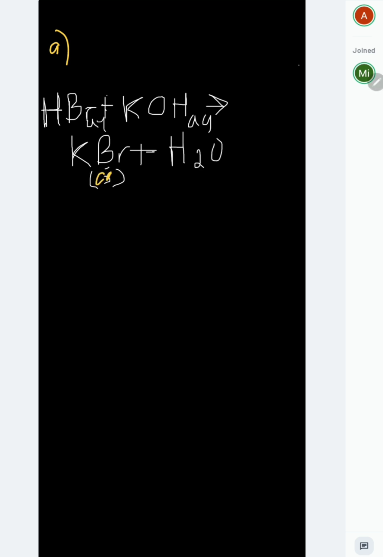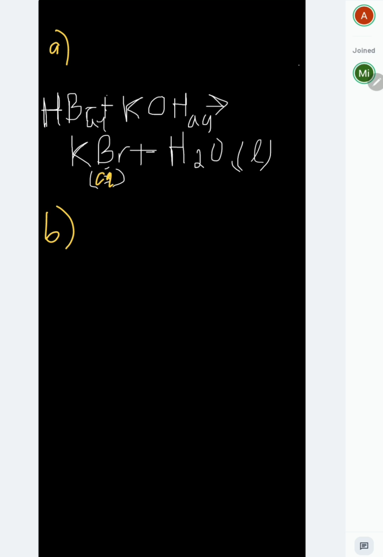No, this is aqueous potassium bromide. I think it's still aqueous. Liquid. Yeah, that one is correct. I think it's well balanced. And for letter B,